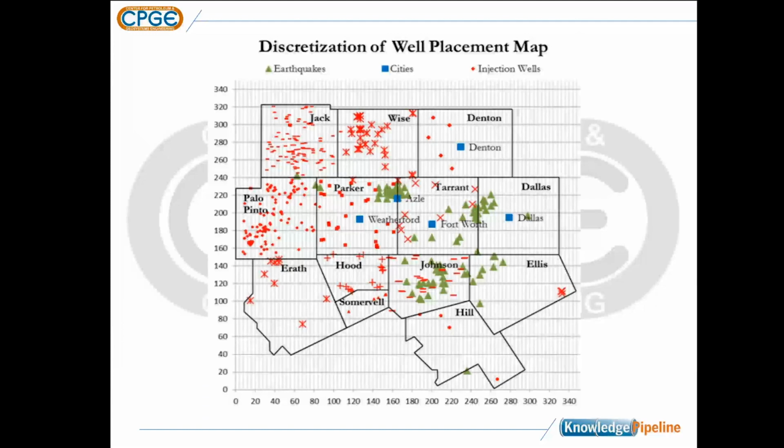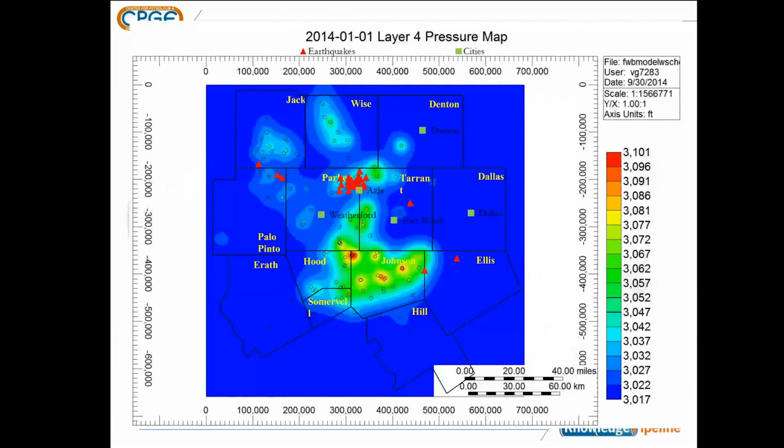We've actually collected data on all of the injection wells throughout the Fort Worth Basin. This is a picture of the Fort Worth Basin. You can see Dallas over there on the right. And we've discretized that in a reservoir simulator, and we've actually calculated the pressure distribution through time from all the injection wells that are out there. And you can see basically there's this big green area towards the south in Johnson and Hood County. That's an area where, based on the injection history we've been able to put together, maybe something on the order of 50 psi increase in pore pressure.